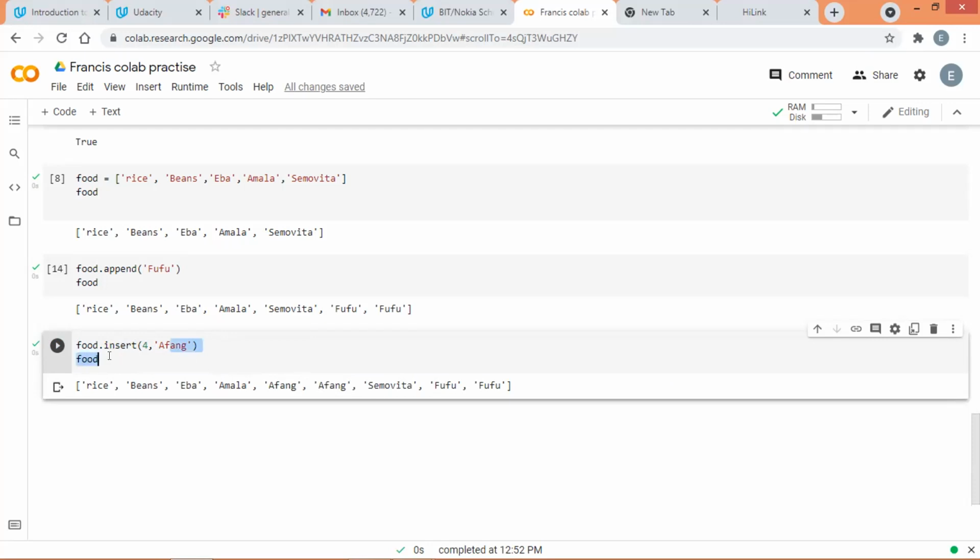Okay. So you can see now, but if you want to add more than one element, just the way you want to add more than one element using the append method, you can pass it as a list. Okay. Yeah. And when you do that,